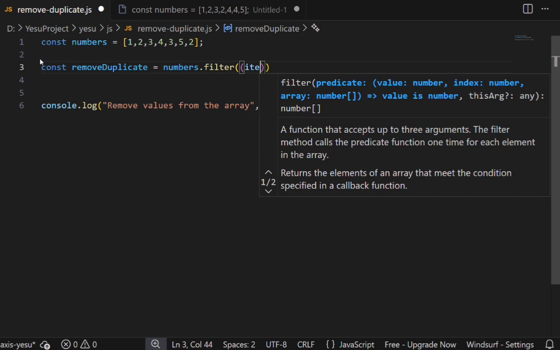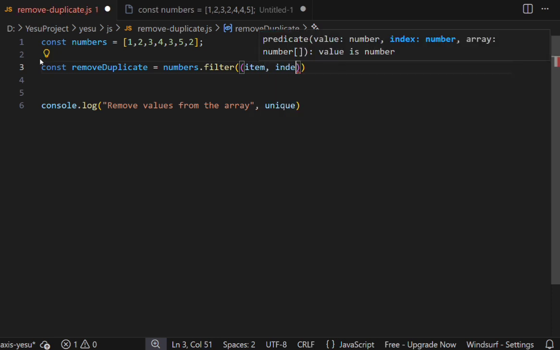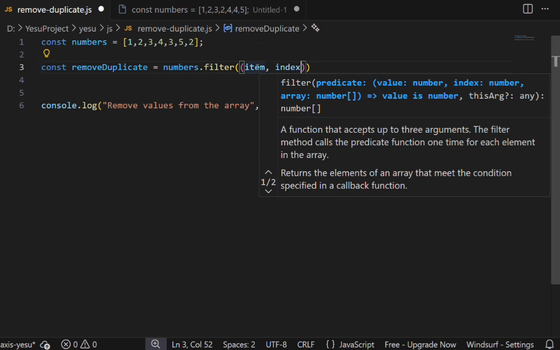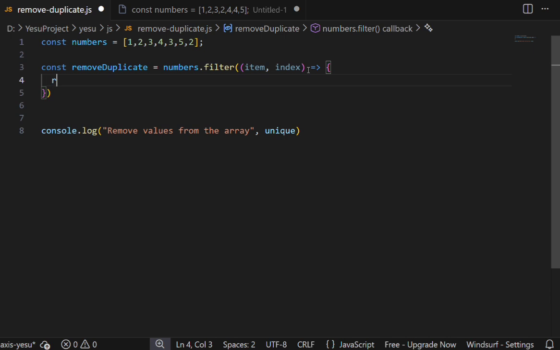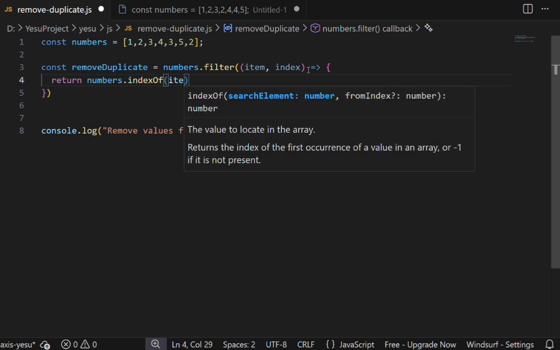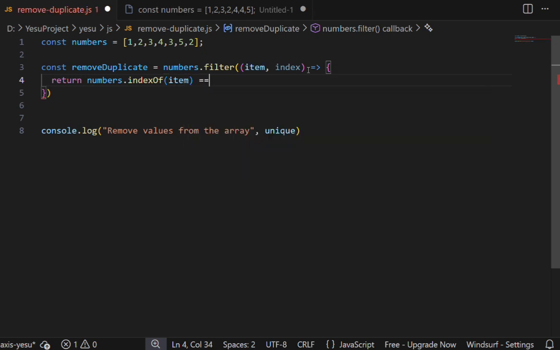One is item, the second one is index. So the value is item and the index is the index of the array. Return numbers index of item triple equal to index,